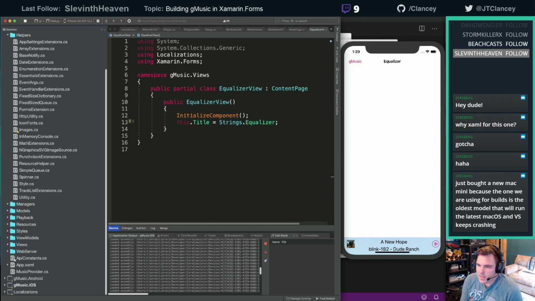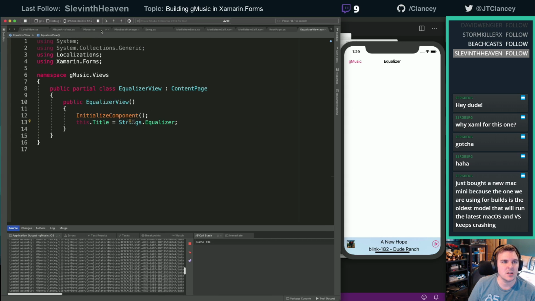So you just got the new Mac Mini. The oldest ones. We're using them for builds. The oldest model that will run the latest macOS, and VS keeps crashing. VS, Catalina has actually caused quite a few issues. You'll notice that with lots of apps. So the latest OS, I've run into plenty.